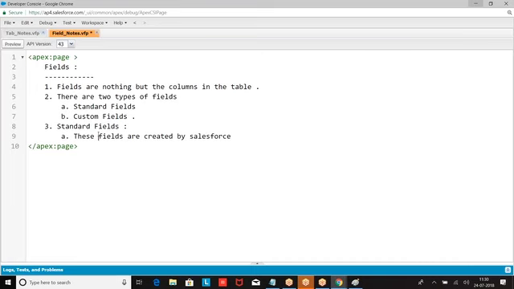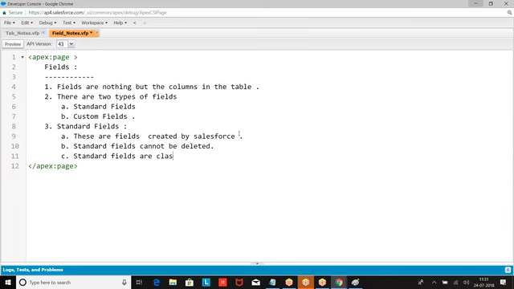These fields are created by Salesforce. Standard fields are the fields created by Salesforce. If any field is created by Salesforce, it cannot be deleted. So standard fields cannot be deleted. Standard fields are classified as